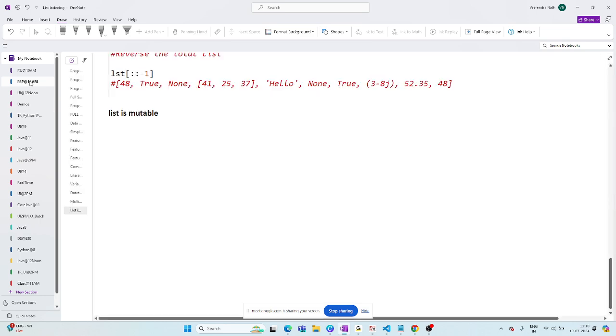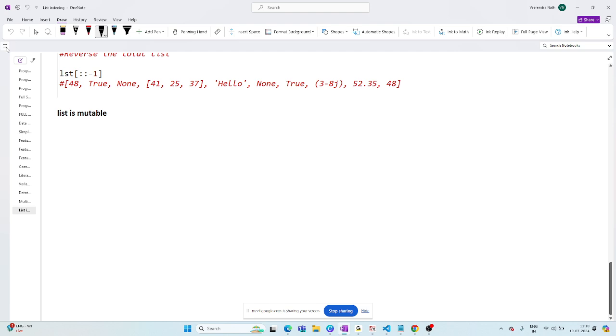Where we said the list is mutable. Okay, so we'll start from there. Now I think everyone understood what is the list. Yes or no? What is the list? List is a collection of what? Collection of all types of elements. So what do you mean by all types? All types means it can be integer, it can be a complex number, it can be a float, it can be a string, it can be a None, it can be a list also, of course.